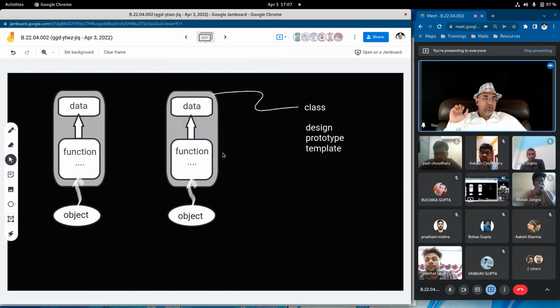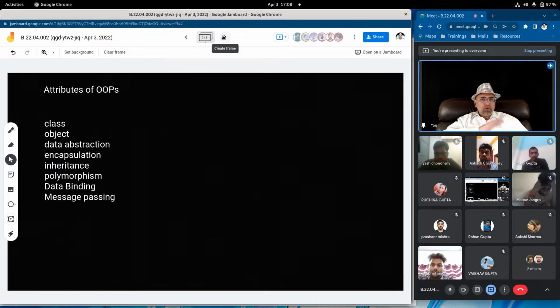Not imaginary though, but it was a template. This is the real world existence. Now objects can communicate with each other directly. This is called message passing. Okay. So these are the 8 attributes of OOPS that we have to learn throughout C++ from the beginning. Okay. So we set the agenda here, what we are going to do in C++.